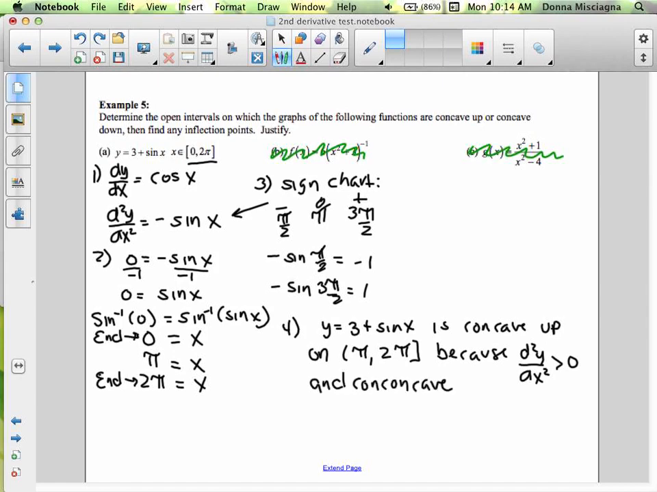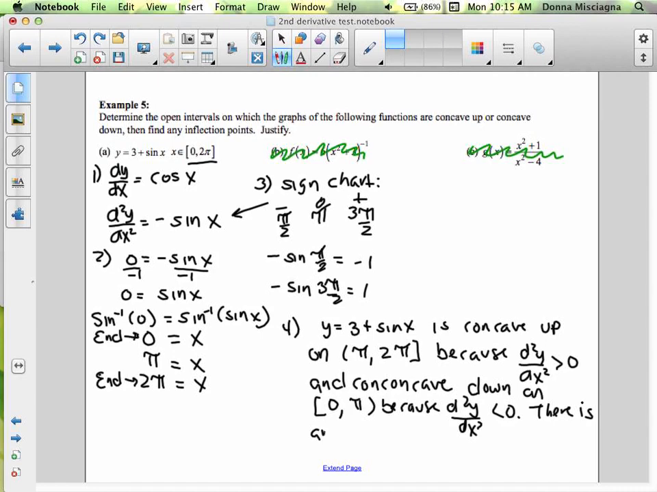concave down on, and it was concave down from 0 to pi. And we could actually put a bracket there because that ends the interval. 0 to pi because d2y, or you can just put the second derivative, dx2 is less than 0. There